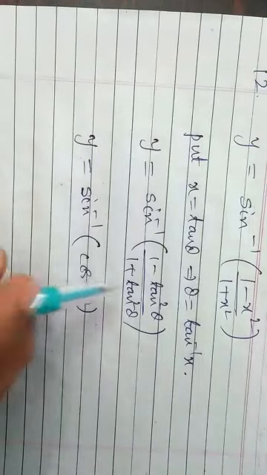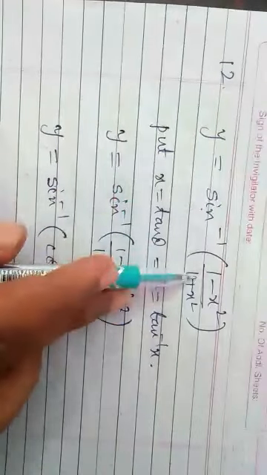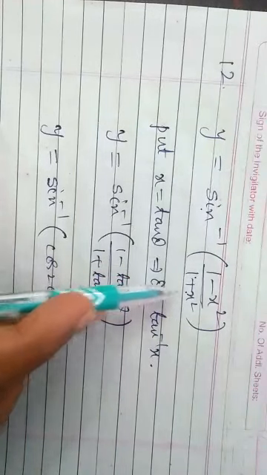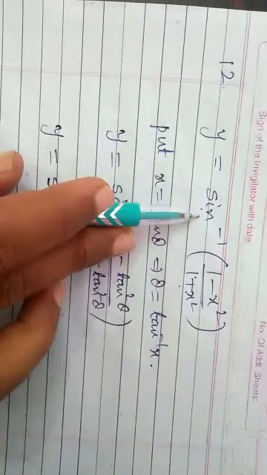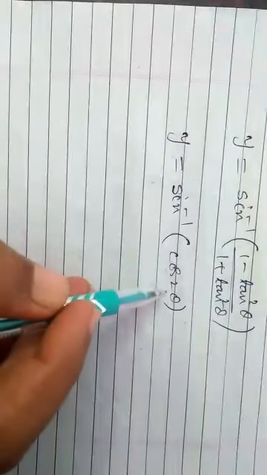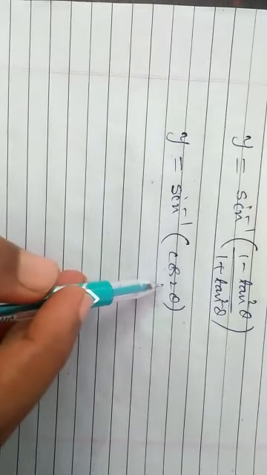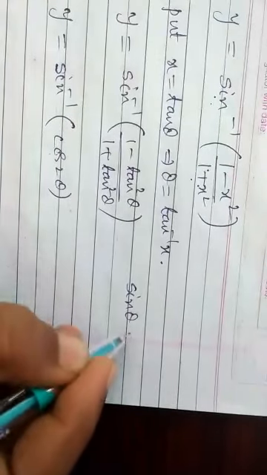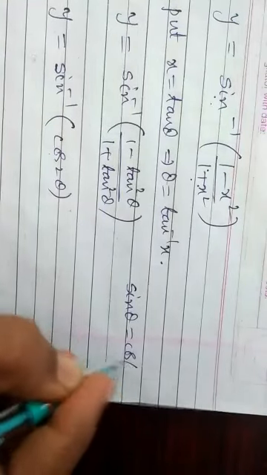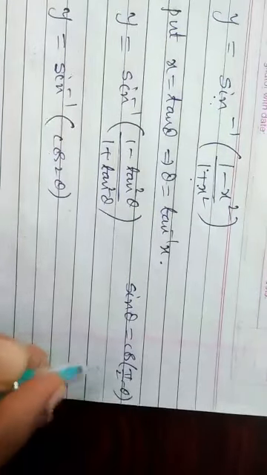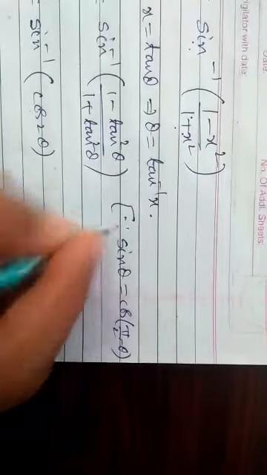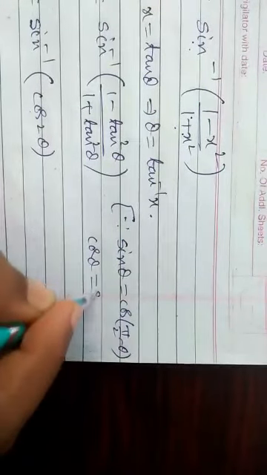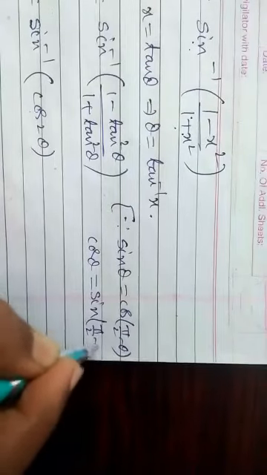Generally in the previous problem the given expression was made into the same function, but in this problem we don't have a chance to make it into the same function. That's why, by getting cos 2 theta, definitely we have another chance by using the compound angle concept. What is that? Sin theta is equal to cos of pi by 2 minus theta, that means 90 minus theta, or otherwise cos theta is equal to sin of 90 minus theta. By using this principle, we can make it.